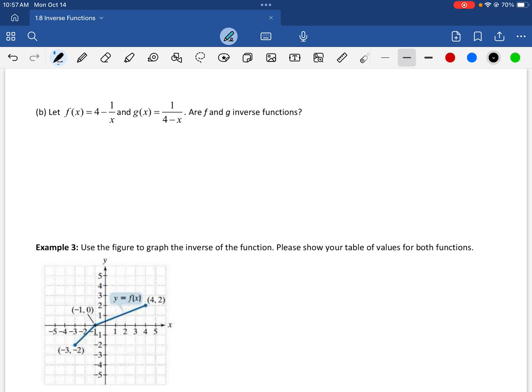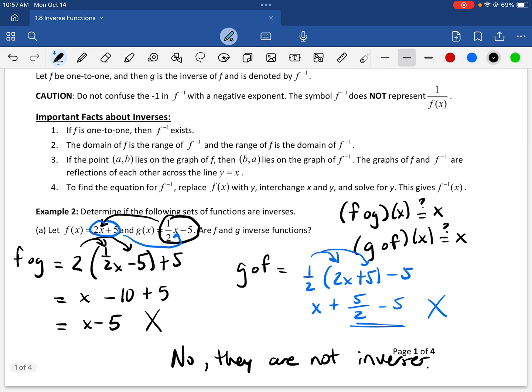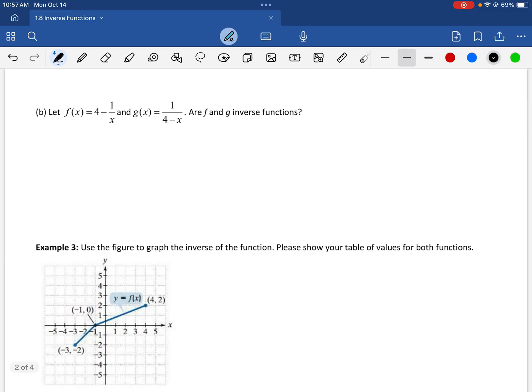Here we have another one that we can look at to decide if these are inverses of one another. All right, so again, same concept. We have to do f of g, and we have to do g of f, and we have to see if they end up simplifying down to just an x. So f of g to start out with means we're going to take function g and plug it in right there, and we're going to see if we simplify it, do we end up with